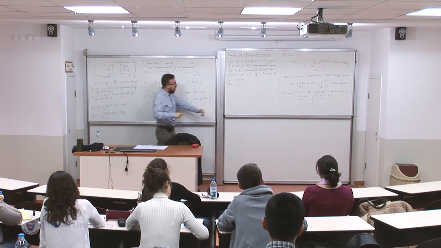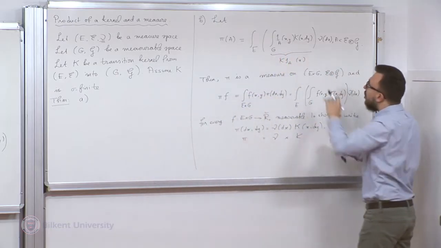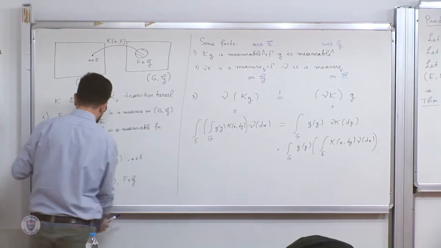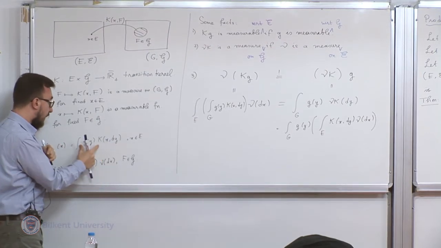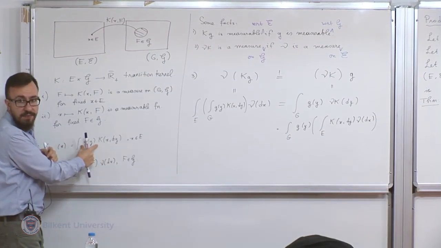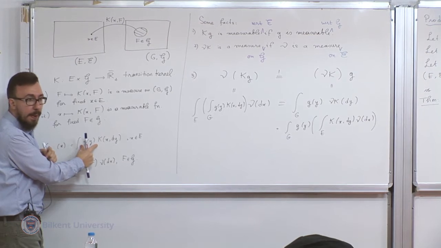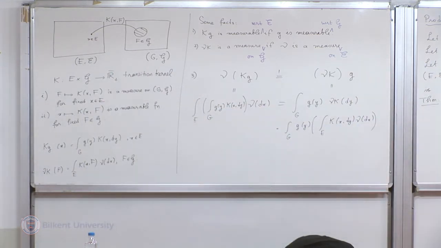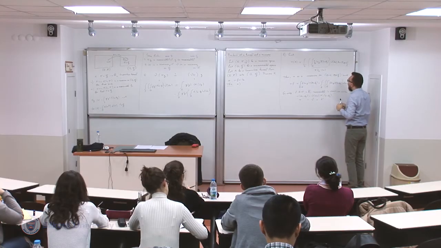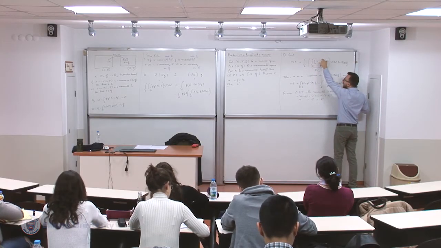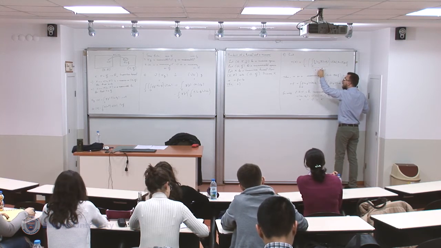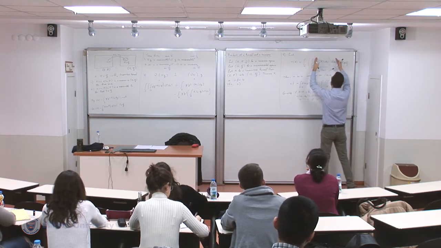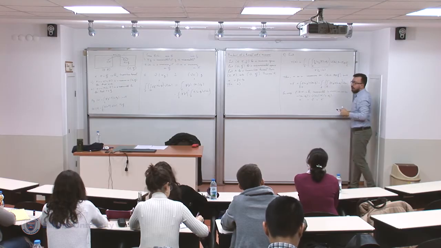So what is the problem here? Note that this integral is not one of the integrals that we looked at on this board, because here we used k only to integrate a function of the second variable, not a function of two variables. Okay? So that raises the question of measurability of this form. We have to make sure this integral is well-defined first, and then this is also a measurable function of x, so that we can use it as an integrand of this measure nu.